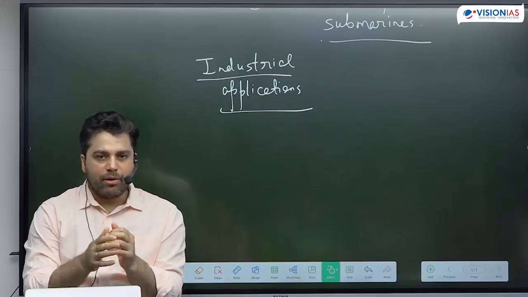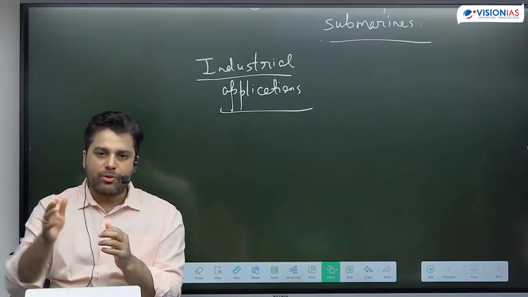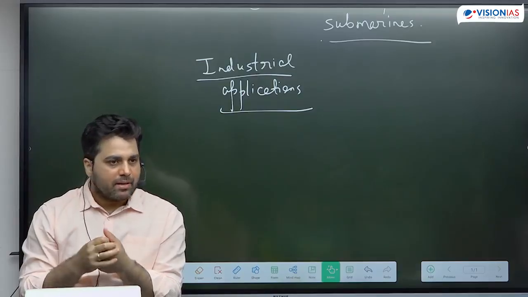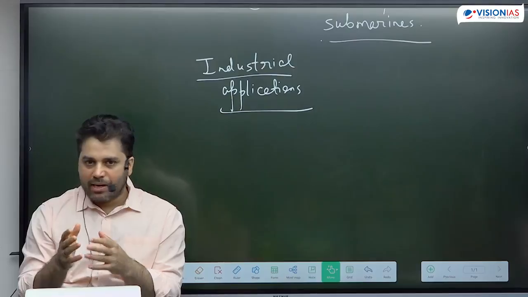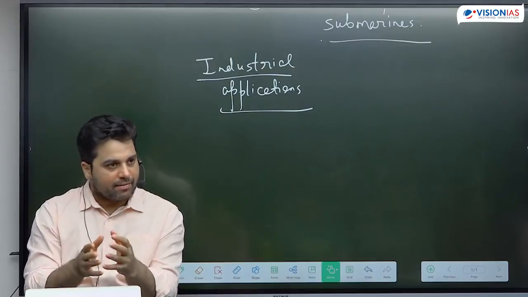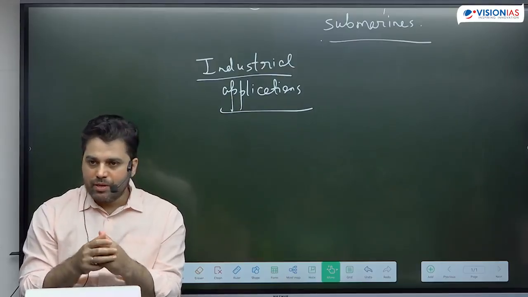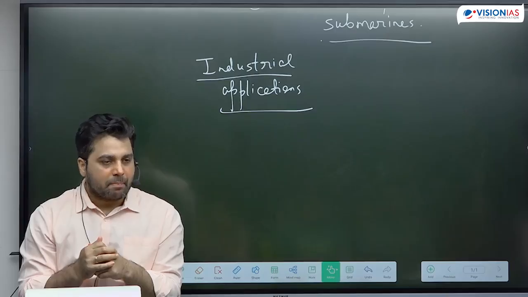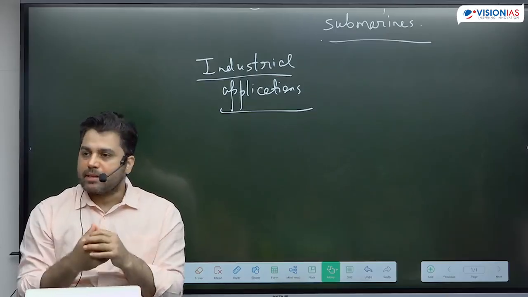So how do I know about that void without actually breaking the wall? Let's use gamma rays for that. Gamma ray scanning allows us to look inside even solid objects and to know if there are voids or any type of material defects inside the object. That will be one application.